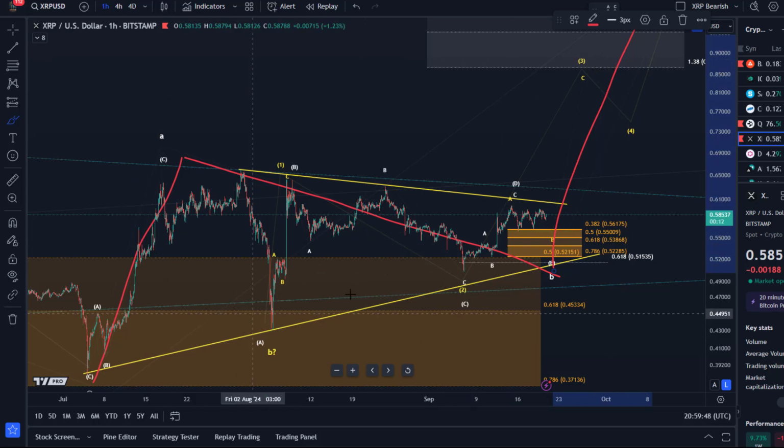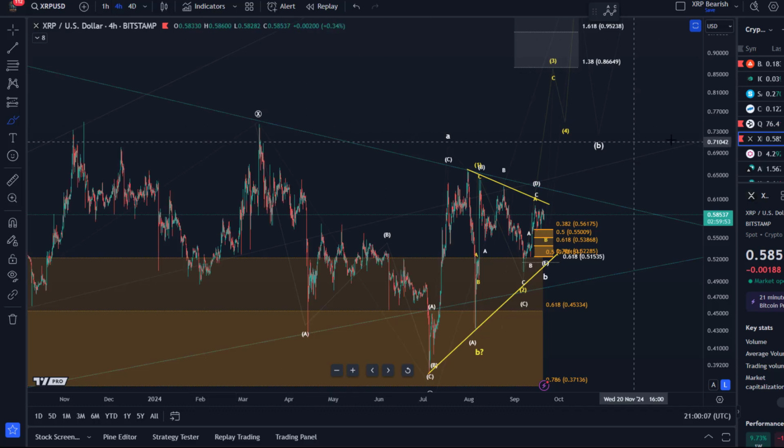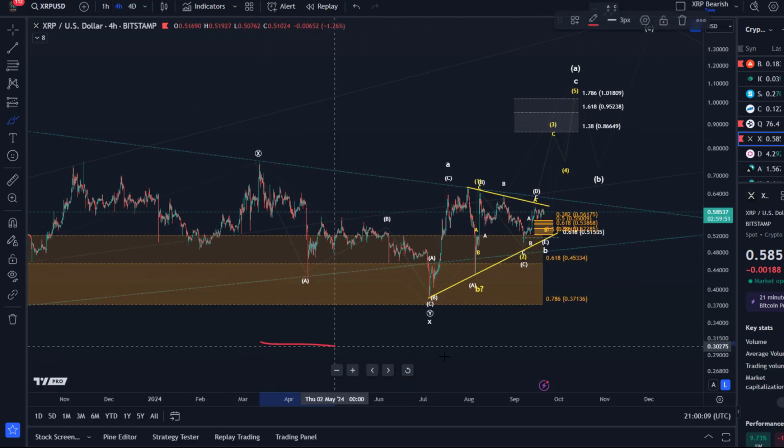This is one scenario where the B wave is actually the triangle, and we are coming very, very close to the completion of the triangle, in my opinion. However, that doesn't make it a great setup necessarily. We've been seeing only sideways action for several months now. Well, more than a year actually. If we zoom out a little bit further, you see that. There hasn't really been anything,